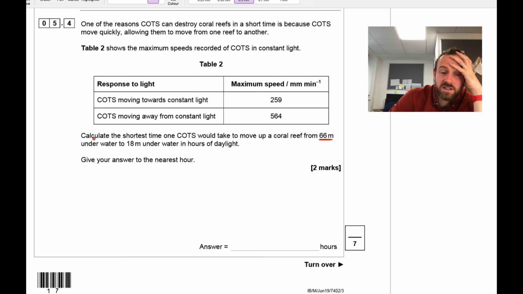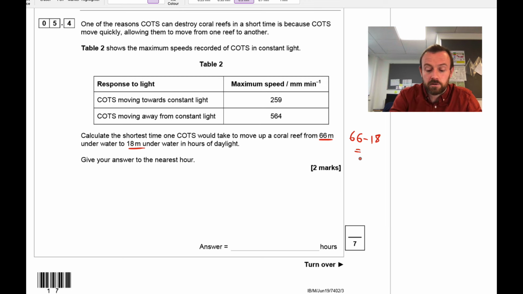So, okay, well, 66 to 18. What's that going to be? Get my calculator out. No capacity for mental maths today. 48. 48 meters difference. The maximum speed